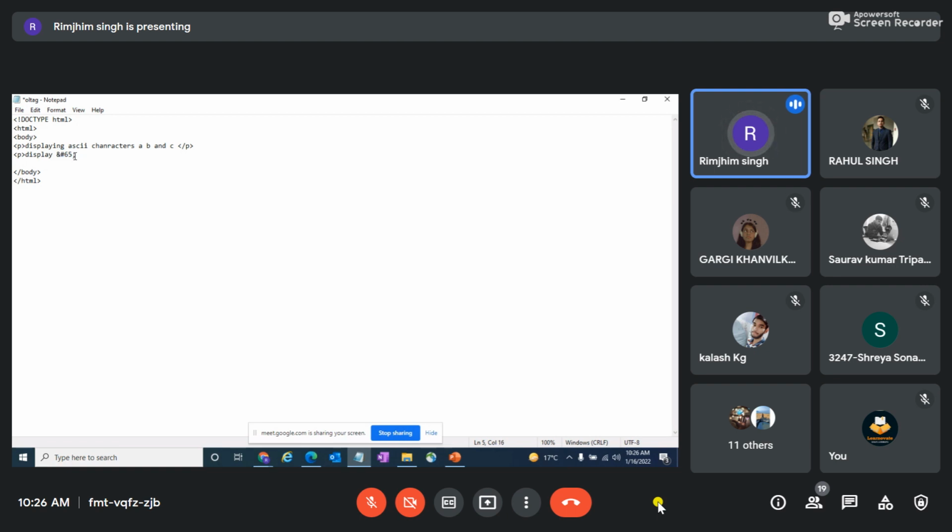For example, here I'm including only 65, let's see only one number and then let's print the other numbers. Or let's do A and B, semicolon, ampersand, hash 66. And then I'll close my paragraph tag. Then let's see what we get as our output.